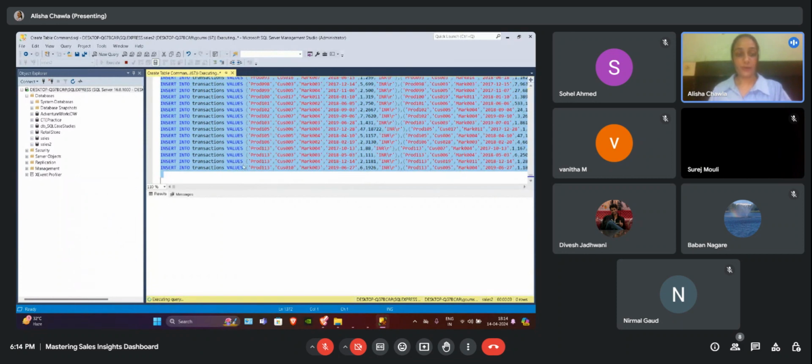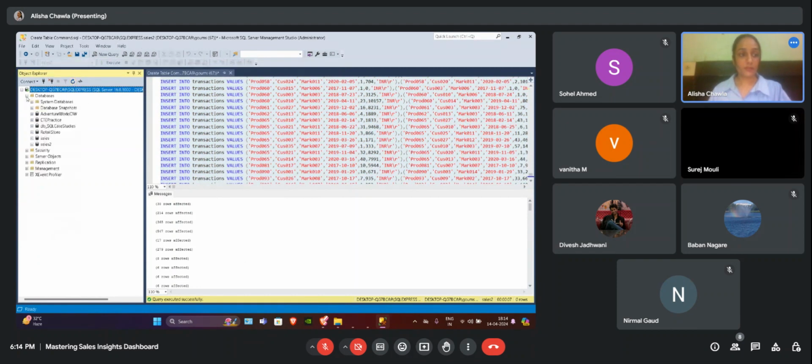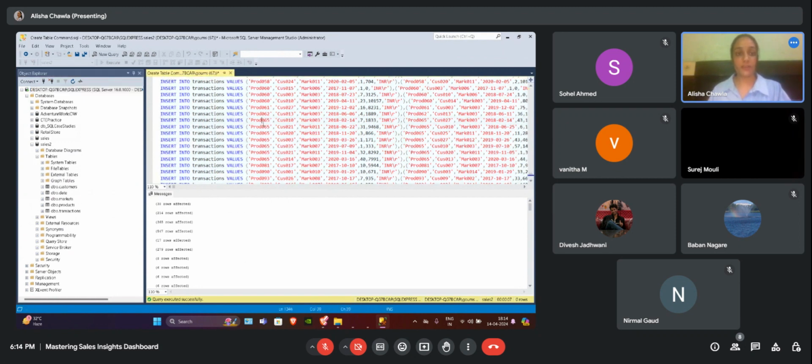It will execute all the tables in my file. Sales2 tables. Now we can see we have 5 tables, that is customers, date, markets, products and transactions. So we will work on these 5 tables.